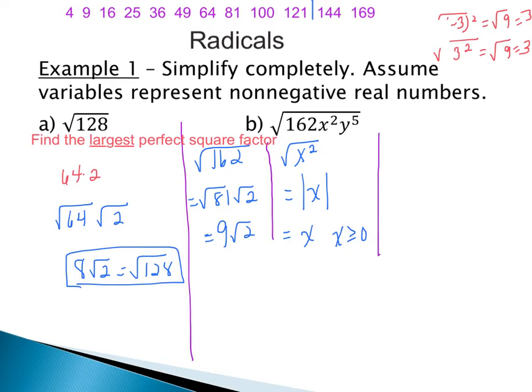Finally, then, we get into the square root of y to the 5th. So here, the square root of y to the 5th, it looks like I can't do it. What we do is we try to take the square root by dividing the root into the exponent. So although it's not written, there is an implied 2 out here in our radical. And what we're doing is we're trying to divide 2 into 5. Well, 2 can't go into 5 evenly.